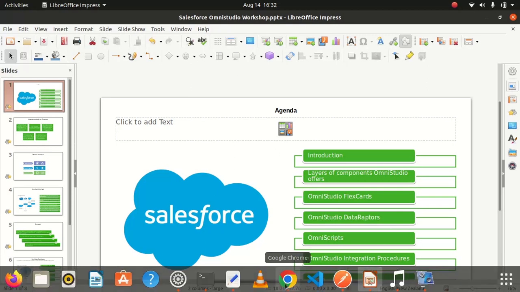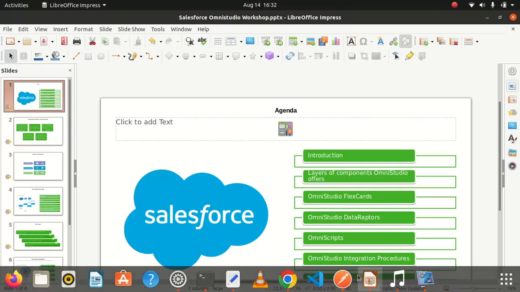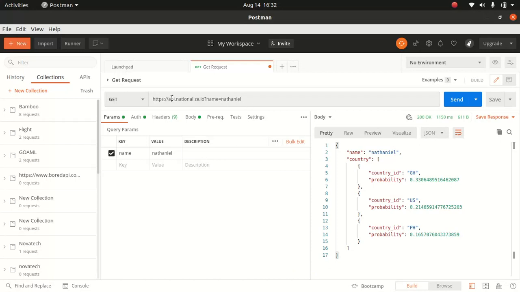Now let's jump into the demo. Before I do that, I'll show you one thing. I'm going to use this API. This is a free API. What does this API do? It will return you the nationality based on your name. So if I put in a name like Jet,